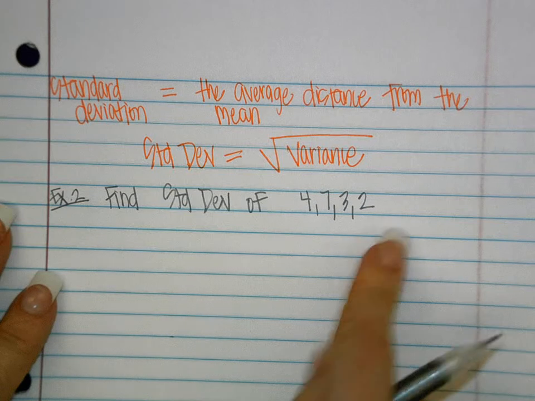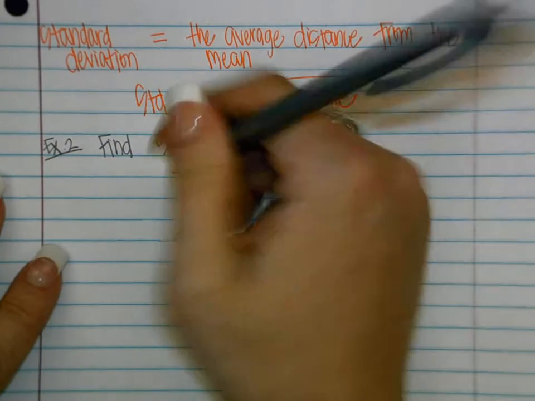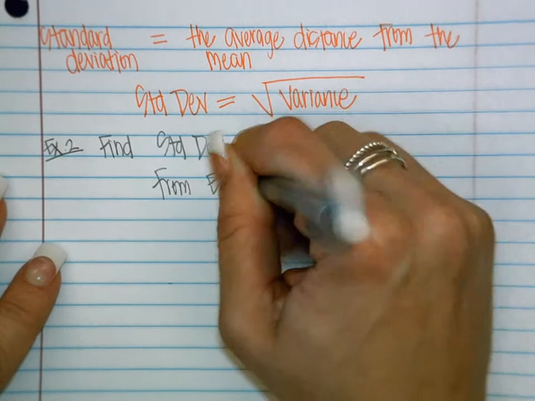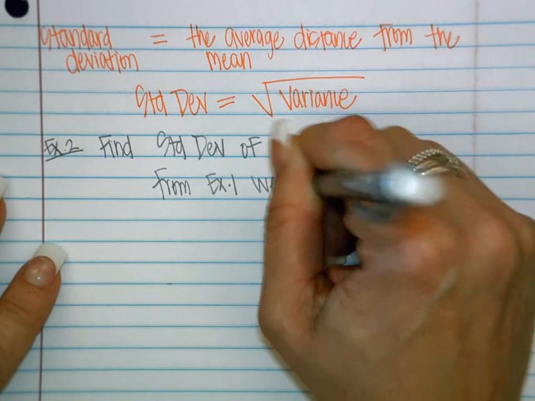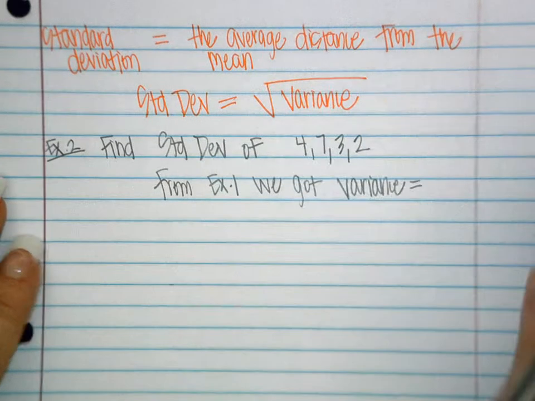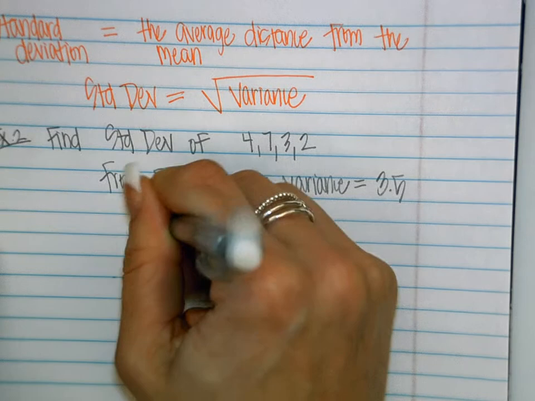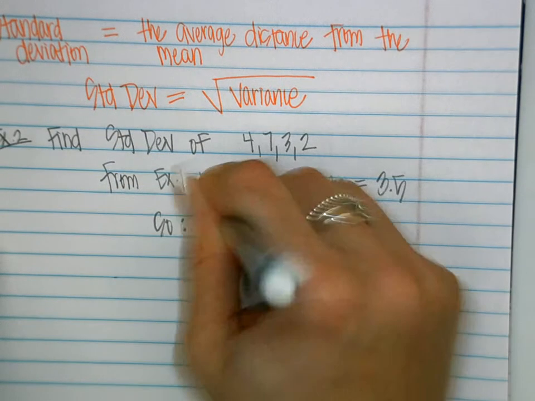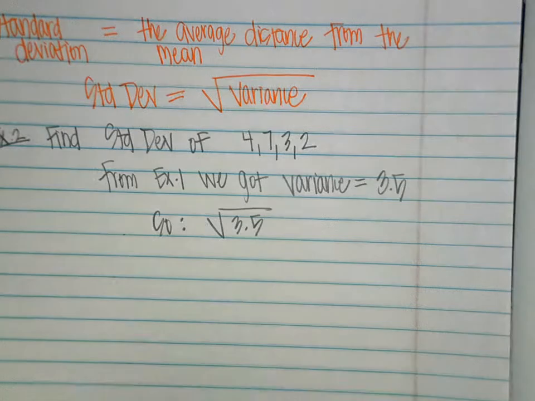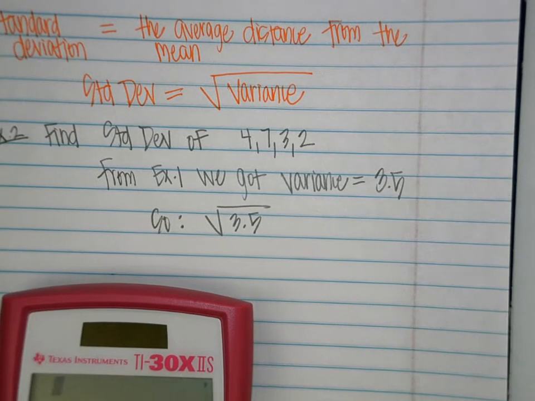Do those data points look familiar at all? Hopefully. From example number 1, we got that the variance was equal to 3.5. So, the square root of 3.5, yes, you need to do it on a calculator. Okay, and the square root of 3.5 is equal to,